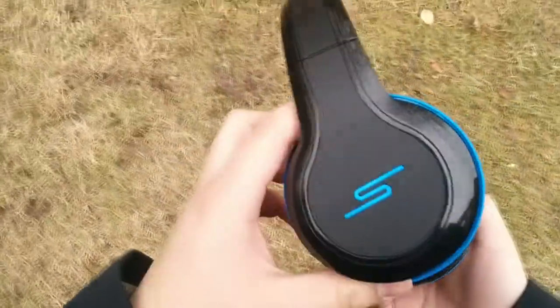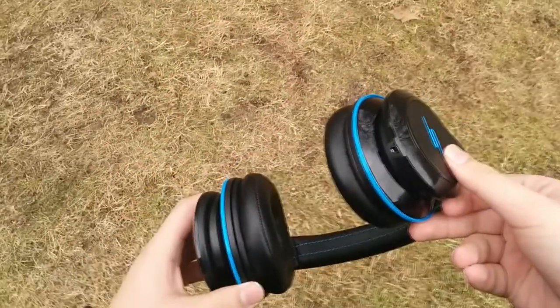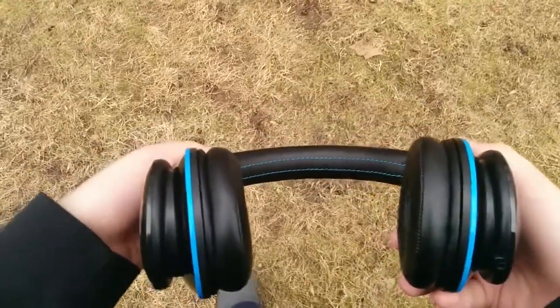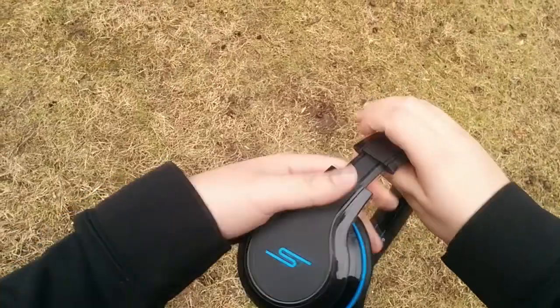Now these headphones vary a lot, one being the price of both headphones. The Streets by 50 actually retail for around $100, whereas the Ath-m30s you can sometimes get them for like 30-40 bucks if you're lucky. Now let's start off with the favorite thing that I like about headphones, which is the